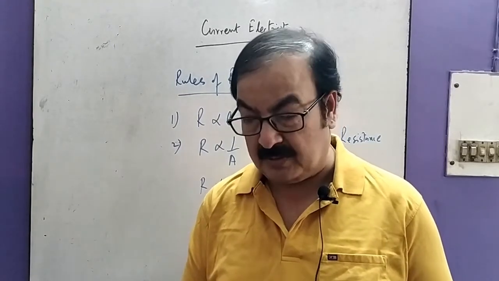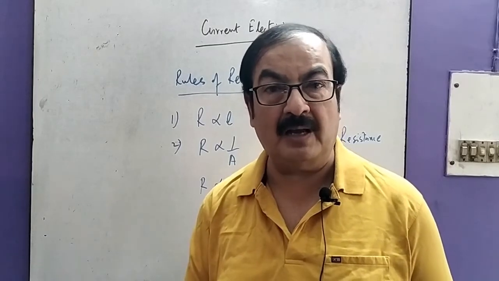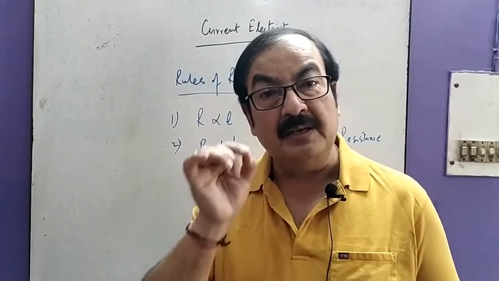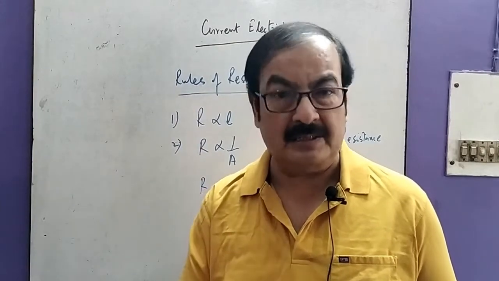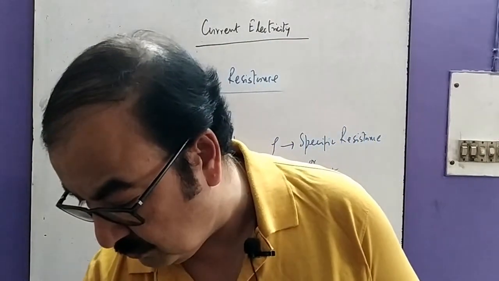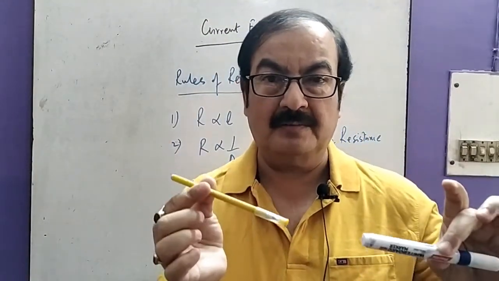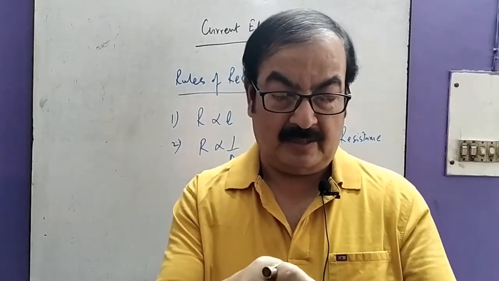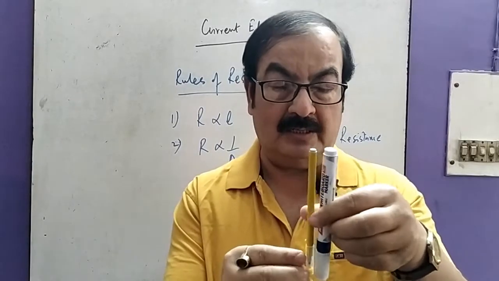For practical purposes, suppose we have a thin wire and a thick wire. Naturally, the thick wire has larger cross-sectional area. It will definitely have less resistance. Suppose we are having two wires. One is this one, other is this one. This is thicker, this is thinner. If we consider that they are almost of the same equal length,